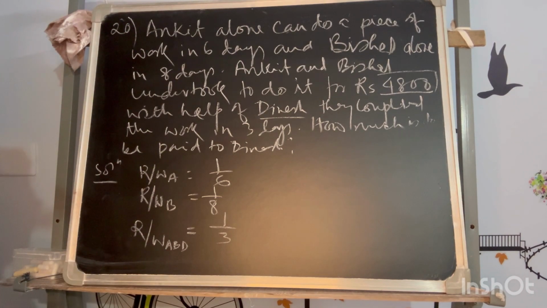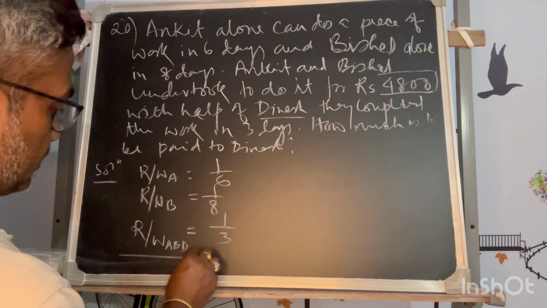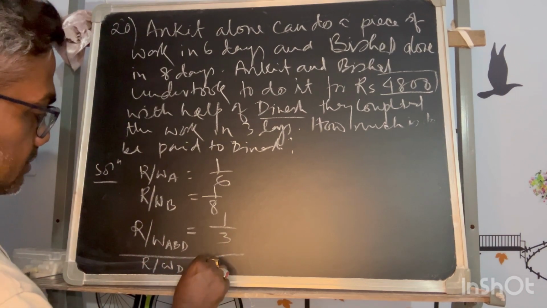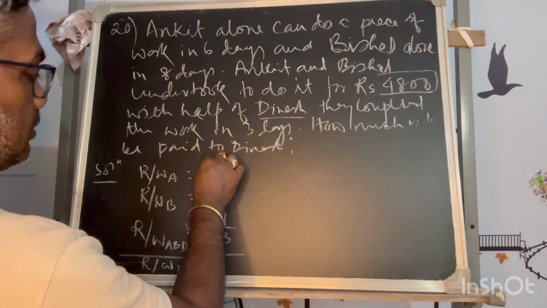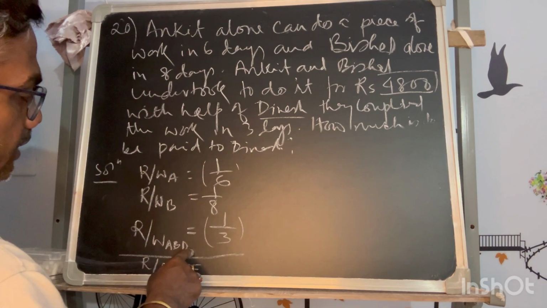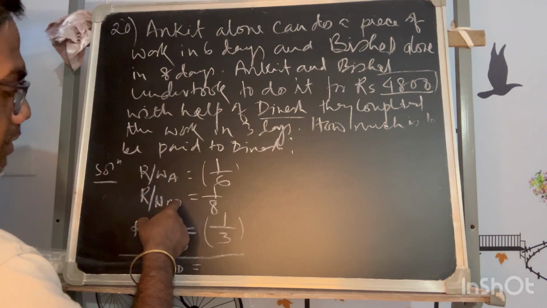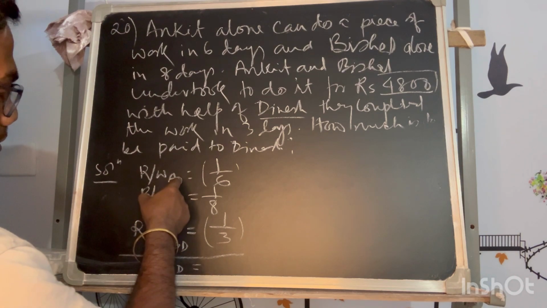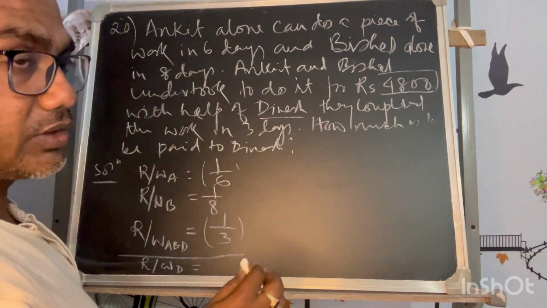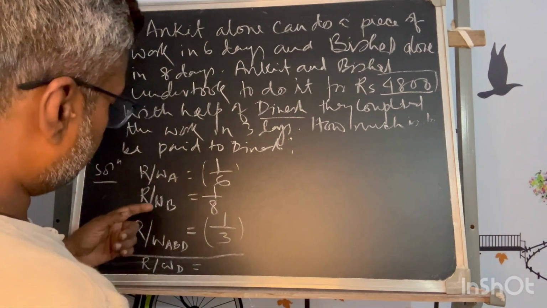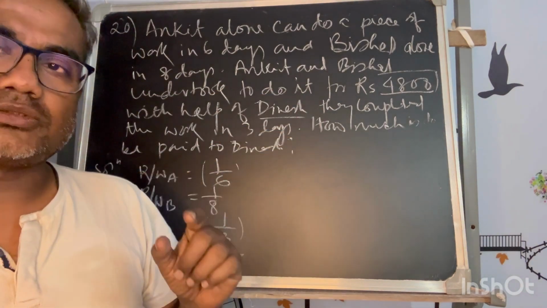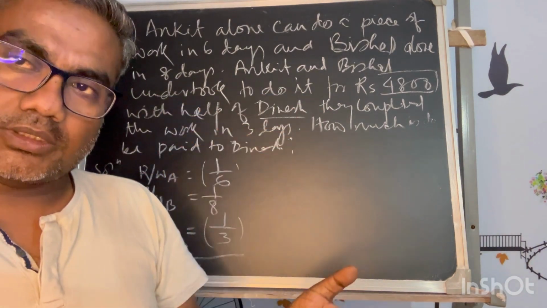So if it is 1/3, then what is the rate of work of Dinesh alone? If we deduct what Ankit and Vishal can do individually from the combined rate, we will get the value for Dinesh. That is needed individually because the wages depend on the rate of work,